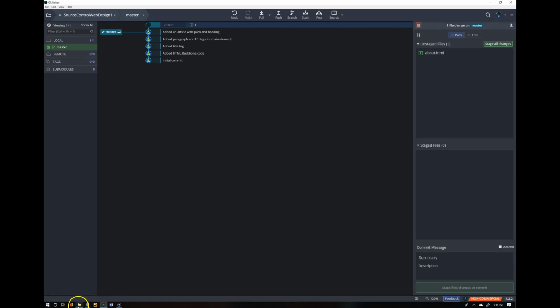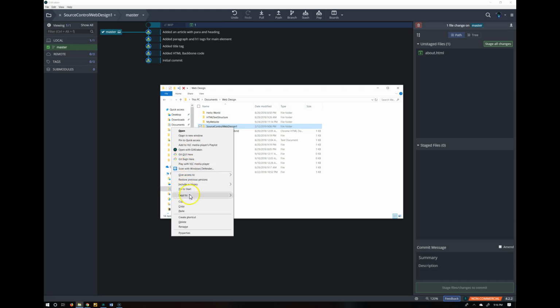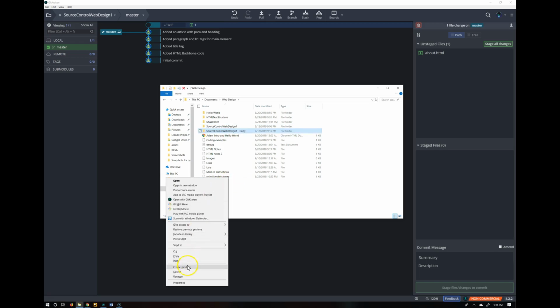All right, so in this video, I want to simulate for you how to bring something under source control after you already have created it. So you've already been working on a project and you want to bring it under source control. Okay, so I'm going to create a copy of this folder, the one that we already started building,